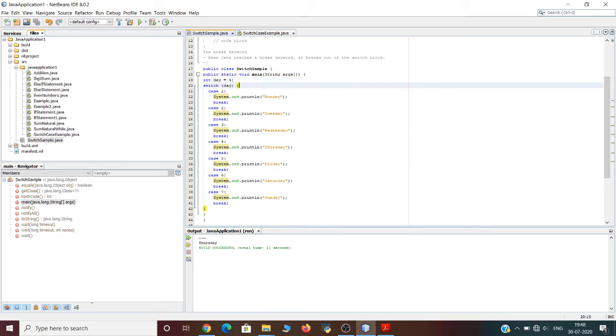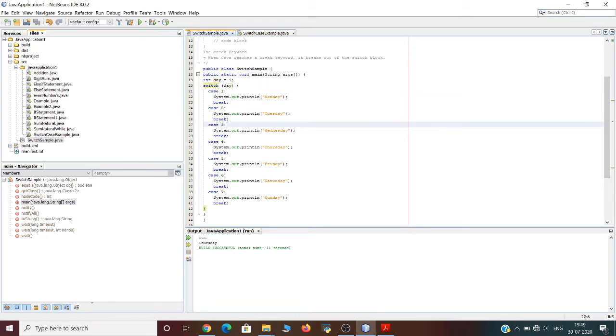Here the value of the expression is 4. This value will be compared with the value of each case. We can see that there are 7 different cases here.